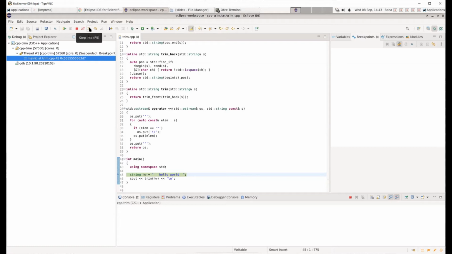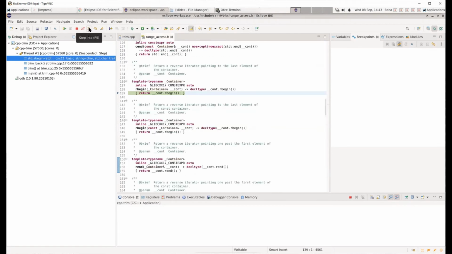So let's step into, and then it goes to the next line, and step into, it jumps to the function it calls to trim, and step into, and step into, and step into, and it goes through a whole bunch of